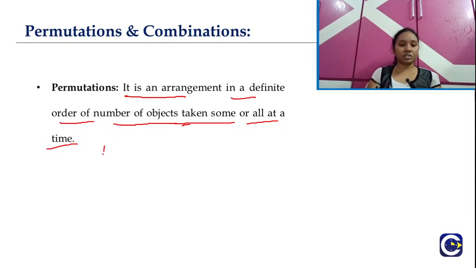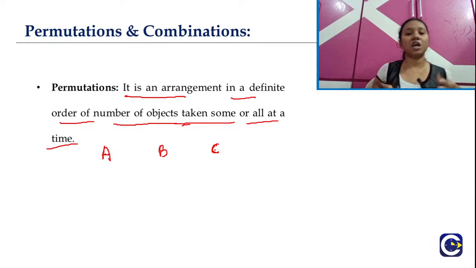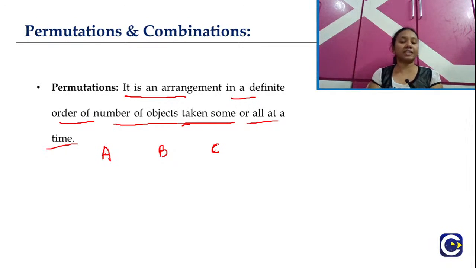So suppose we have A, B, C, 3 persons, right? They have to play a game. For example, there is a chess game where these A, B, C are 3 players who are playing here. How many total arrangements can we say? Which means how many matches or something like that. If you observe, A will be playing with B, A will be playing with C, and B will be playing with C,